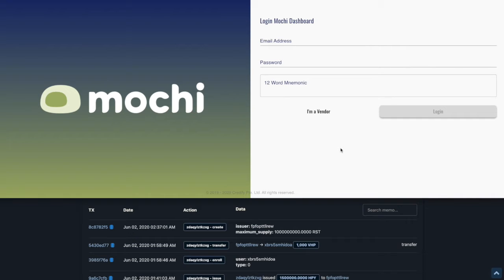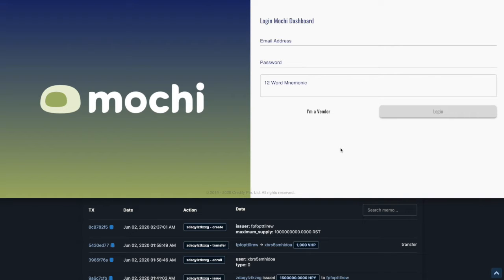Welcome to Mochi. Mochi is a COVID-19 relief donation system where we can track donations from donors to recipients to how the recipients are actually utilizing them by pre-approved vendors. We utilize EOSIO blockchain technology in order to ensure true transparency in the system and immutability of all the transactions, so that later, when donors would like to see very clearly how their proceeds are being utilized, they can do